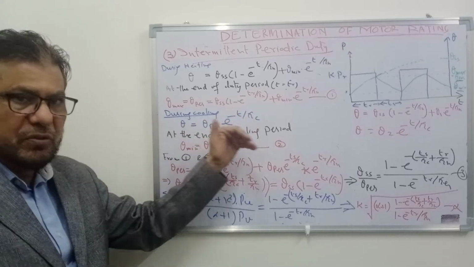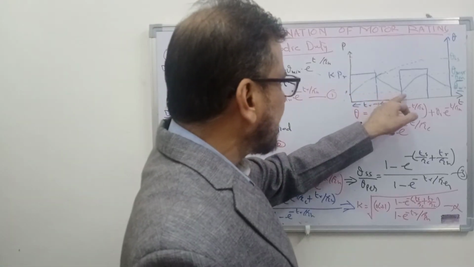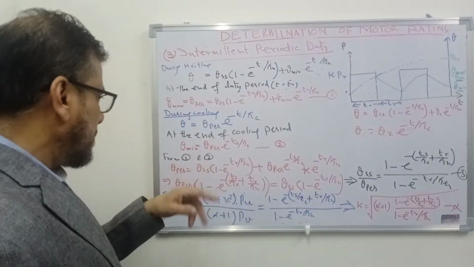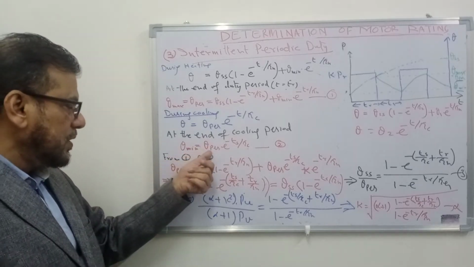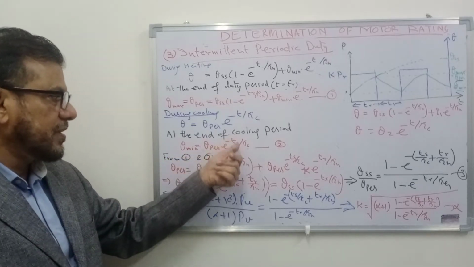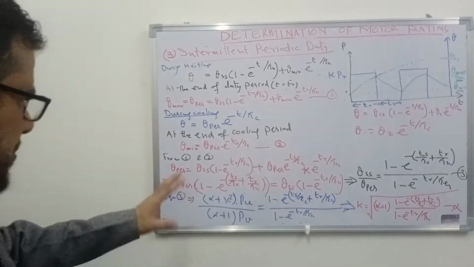So that is the equation during the cooling. At the end of cooling period, that is at this time, that is t equal to Ts, you can write theta min is equal to theta per e to the power minus Ts upon tau s. Equation number 2. From equation 1 and 2,